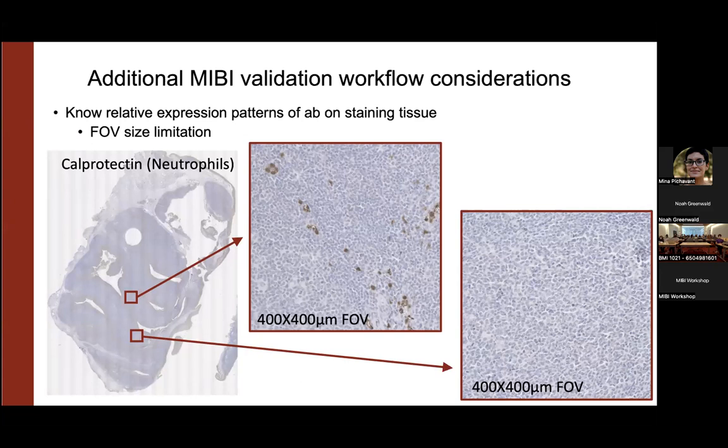We have a limited size that we can scan for each FOV. In MIBI, it's generally 400 by 400 microns or 800 by 800 microns, whereas this tissue is multiple millimeters or multiple centimeters in size. So you can see if you selected a 400 by 400 micron FOV in a region where there's no signal, you will not be getting validation on MIBI. So it's important to know how sparse your signal is in an IHC before you go into validating the target